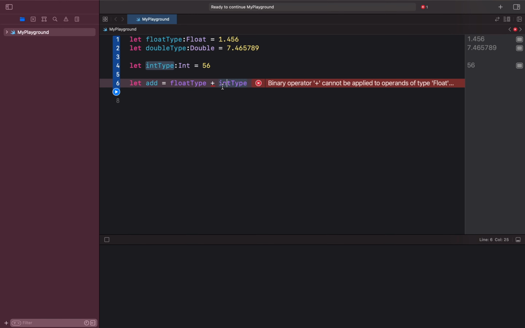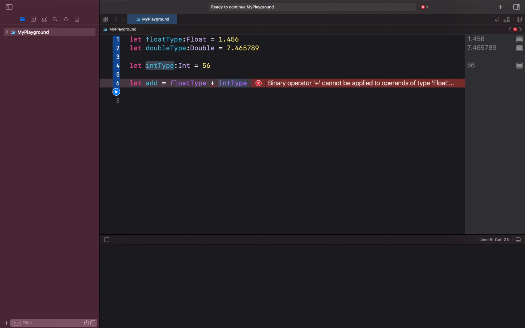So we can convert the int type into float, or we maybe can convert the float type into integer as well. But one thing we should keep in mind is that if we convert the floating type into integer, the floating point values are always truncated when used to initialize a new integer value in that way. So we will get a value without the floating point part.